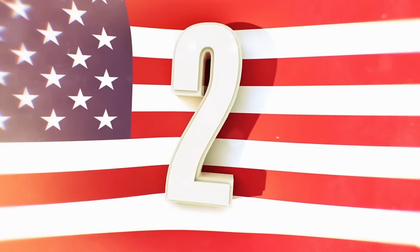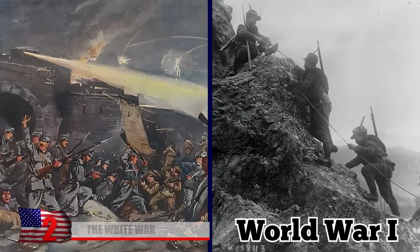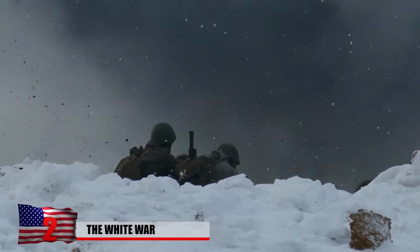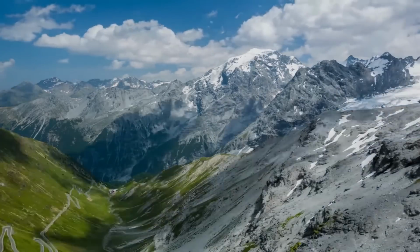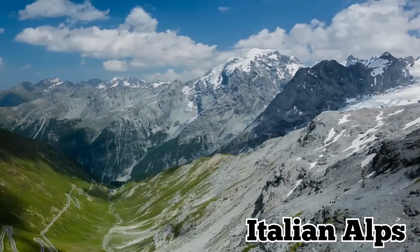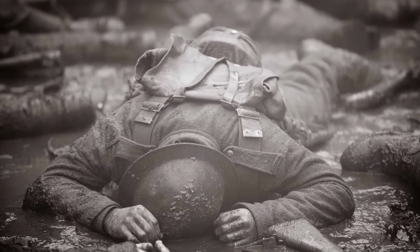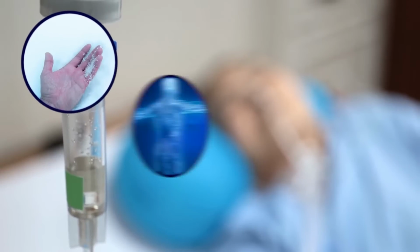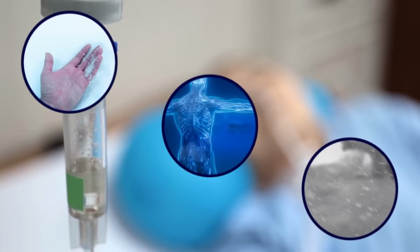Number 2. The White War. During World War I, Austro-Hungarian and Italian forces went head-to-head in a long, drawn-out battle known as the White War. The conflict took place at extremely high altitudes in the Italian Alps, where 2/3 of the 150,000 deaths it saw there were caused by avalanches, landslides, illness, frostbite, hypothermia, slips down icy mountains, and other effects of the brutal weather